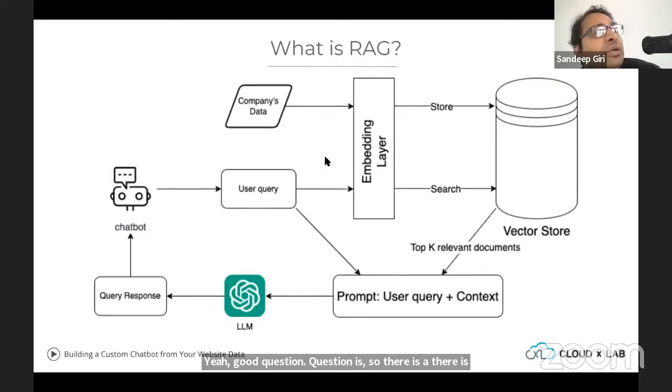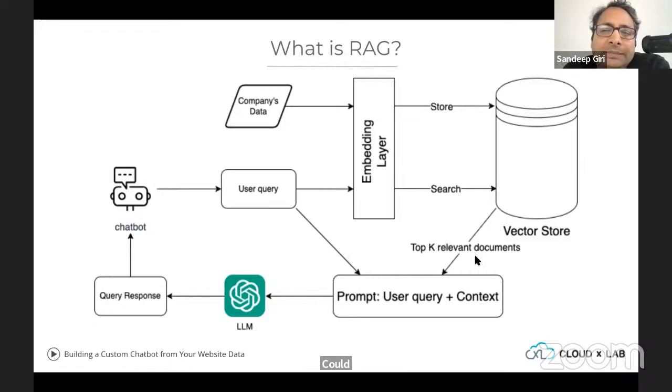Usually you decide upon the number of contexts. The question is, how do we find k relevant documents? Essentially, you say that now these k relevant documents